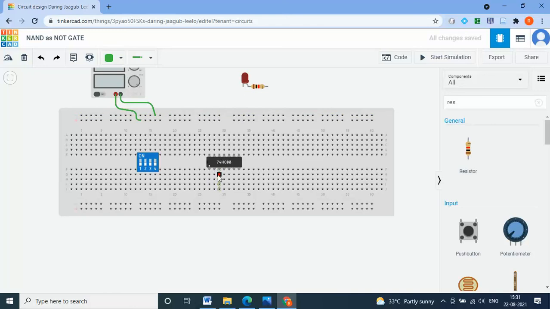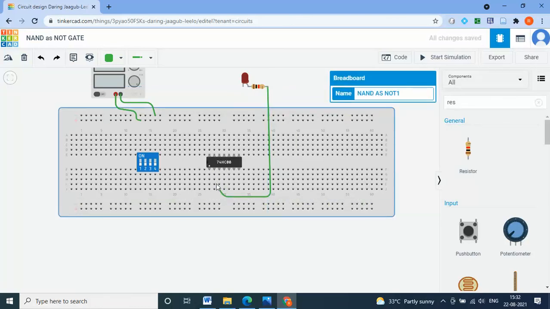I'll do it again to represent from this 3 to the resistor's other end. I can give it directly here. So I have done the connections from here, 3, to the connection of the resistor, the other end